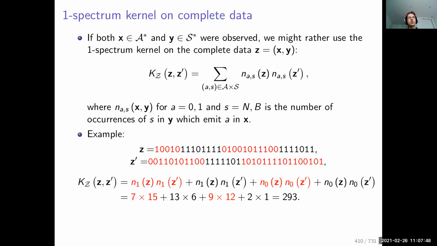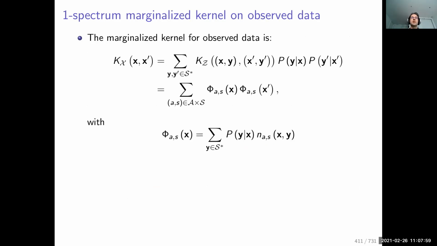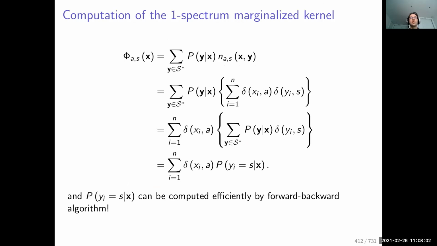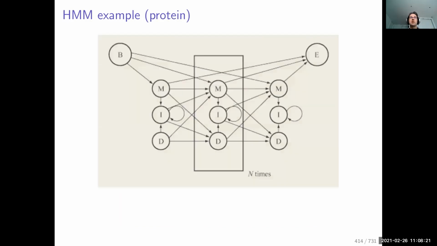So I don't want to do the computation on this slide. Feel free to look at them at home. But everything we explained about the marginalized kernels, you can do that explicitly here. And you will get the nice applications, basically, of the marginalized kernel for biological sequences. It requires, in fact, to have some knowledge about HMM, some knowledge about how to compute probabilities efficiently using an HMM, using dynamic programming. So it's an interesting part which has nice applications. And I will basically stop here the class on kernel methods for